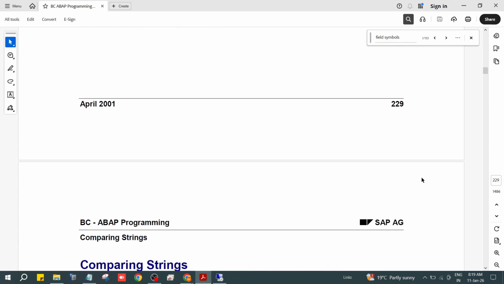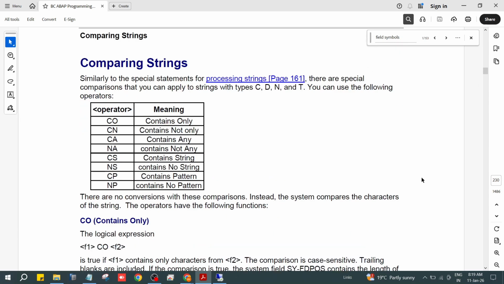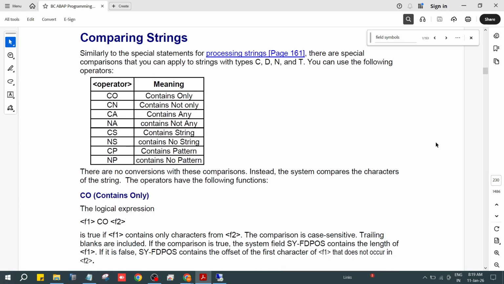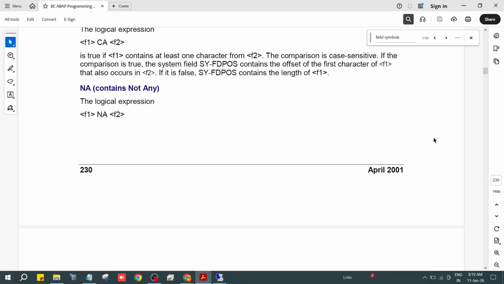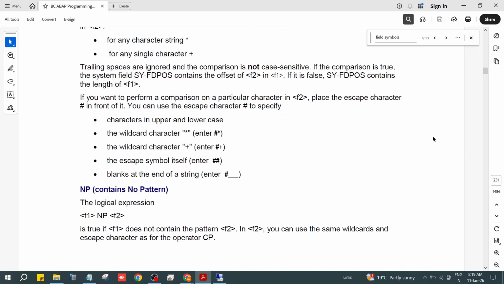So this is one set. Similarly, comparing strings. If you want to compare strings, we have to use string comparison operators. This is already covered. Going forward,